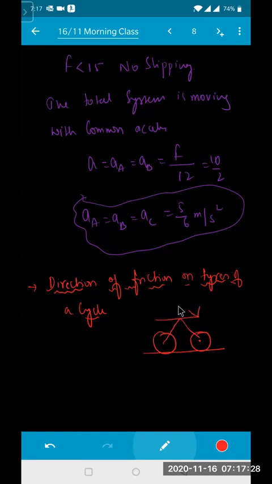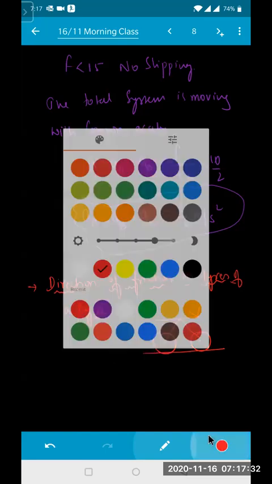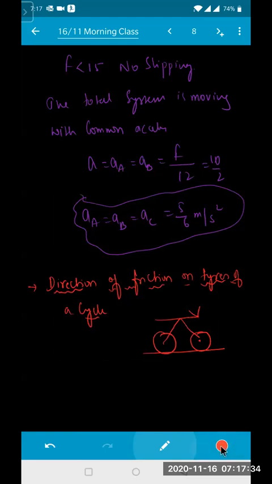There is no pedaling, the first condition. No pedaling. That means you're not pedaling it. If there is no pedaling, direction of friction on both